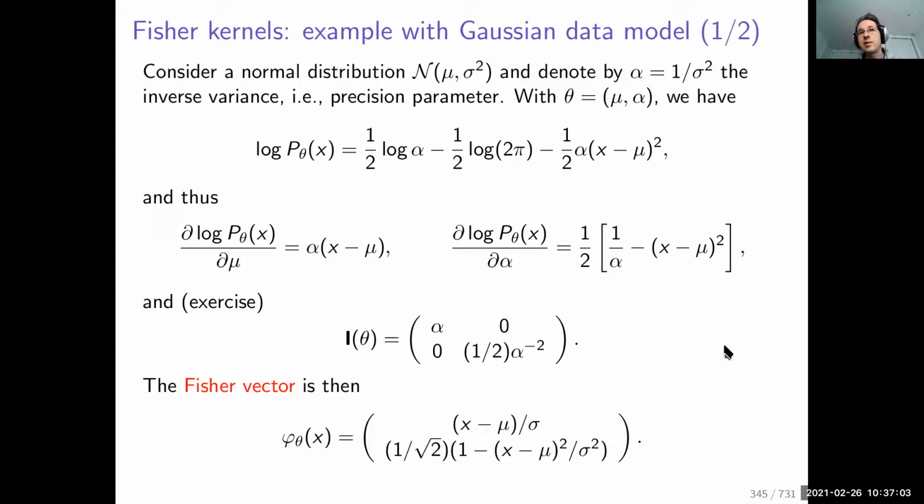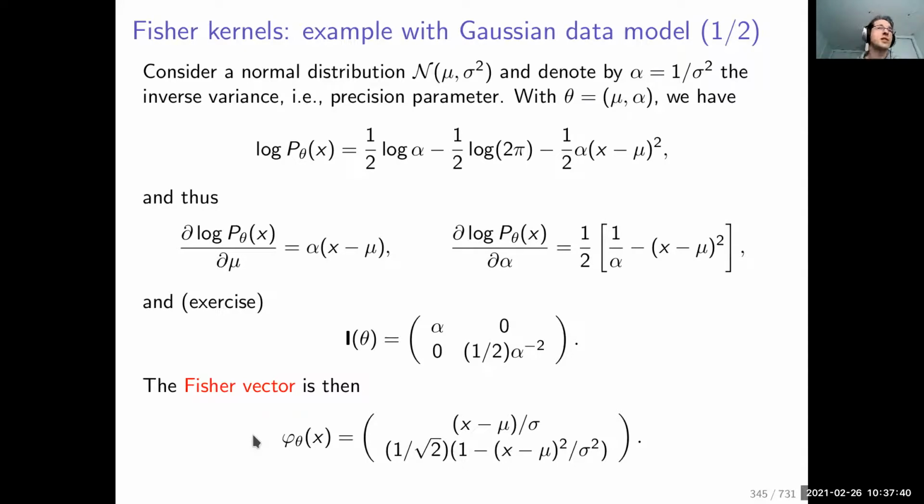Then we have everything, we can also compute easily the inverse square root of this matrix. And at the end, it allows us to derive the Fisher vector, which is simply given by these two entries. The first is (x minus mu) divided by sigma, which is nothing else than the deviation of x with respect to mu, and we see that it's normalized by the variance. And the second term is simply the deviation of (x minus mu) squared divided by sigma squared, the difference with respect to 1.